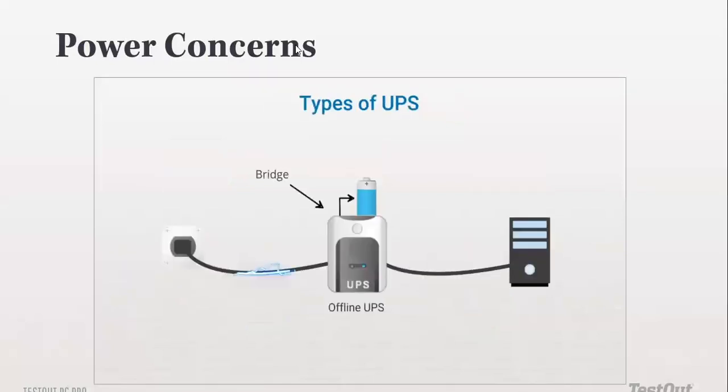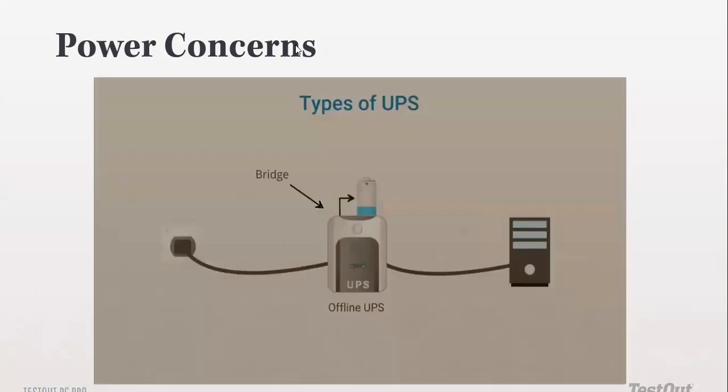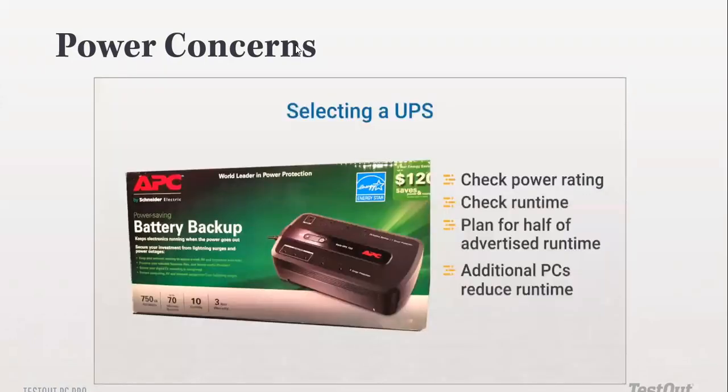We've already talked of the types of UPSs, offline and online UPS. Now, these are the things that you have to consider when buying a UPS. There are a lot of manufacturers for UPSs that you could consider. One thing you should consider is the power rating, right? You should check what amount of power it can provide. You also have to check how much time it can run for, but plan for half of the advertised time. The reason being that when they are giving you a specific time,